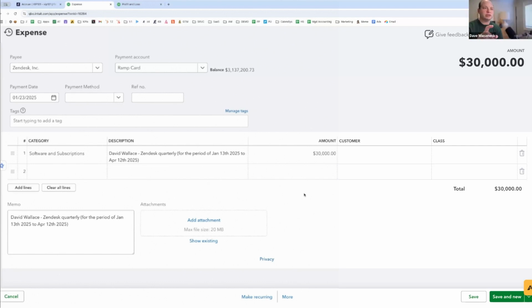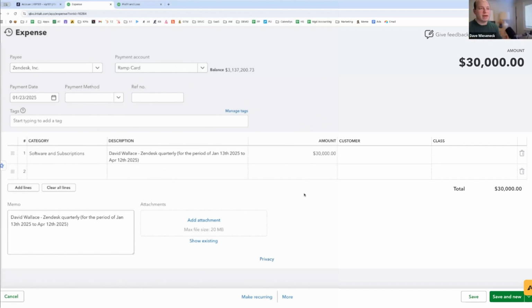Okay. And then this transaction is getting booked to the P&L, to software and subscriptions. But I needed it booked to prepaid software or prepaid expenses until the journal entries expense the rest, right? Correct. So when you're categorizing it in Ramp, when you're doing your credit card processing, you book it to the account that it needs to eventually be recognized to. So you actually don't need to explain accrual accounting to anyone who's doing the categorization. They just need to know how to write for the period. Accruer sees it's hitting the expense account, sees you wrote for the period, and knows to move it to the balance sheet and amortize it from there for you automatically.